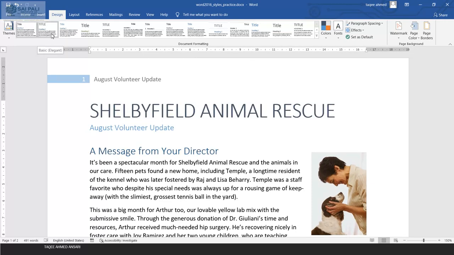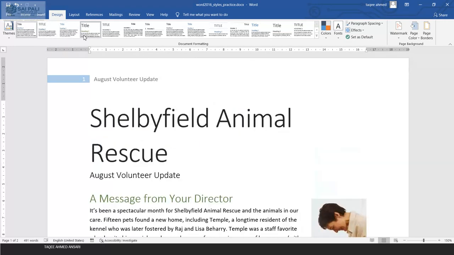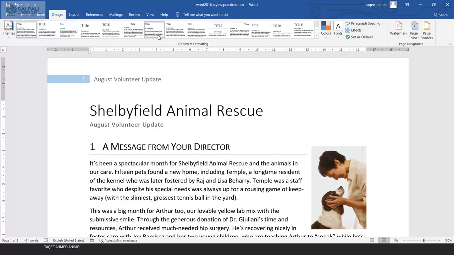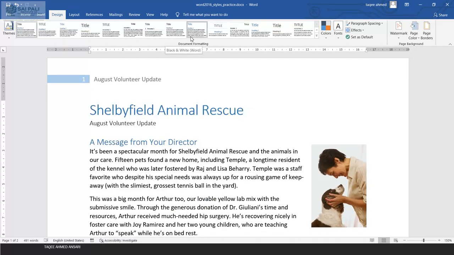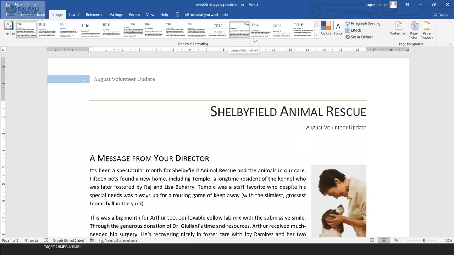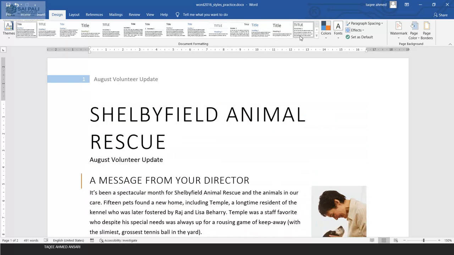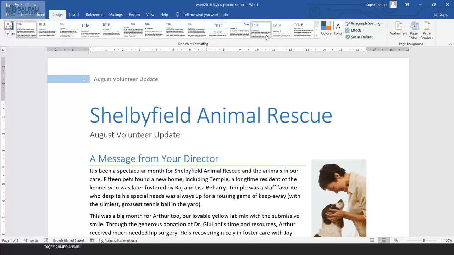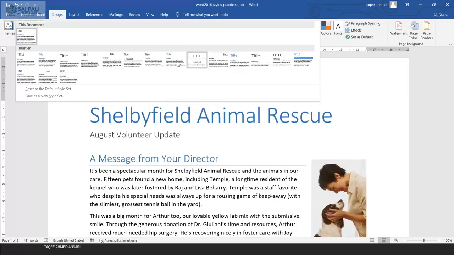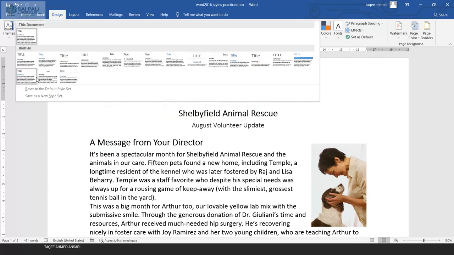You can see as I hover around those, it starts giving me previews of different styles. Now you will decide what type of set of styles you want. Or you can click on this more to get some more styles which are not showing there.